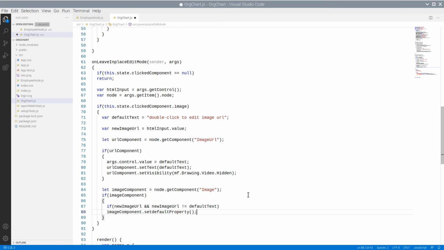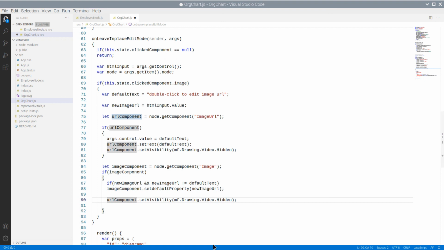If yes, we use the setDefaultProperty method to assign the new image URL to the component. We also make it visible.